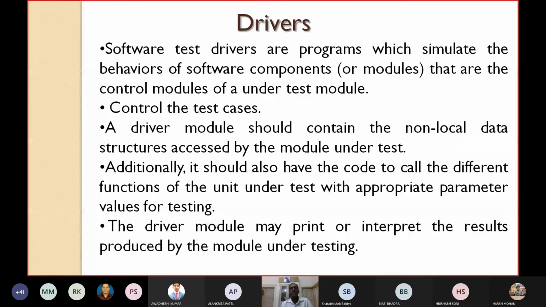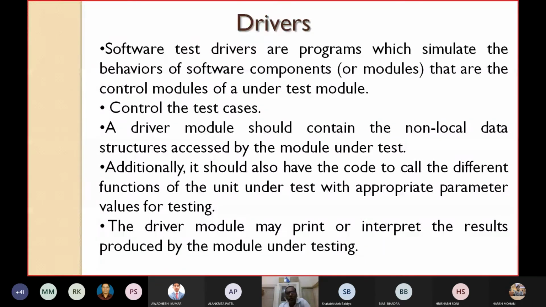Software test drivers are dummy programs which simulate the behavior of the software components or modules that are the control modules of a module under test.